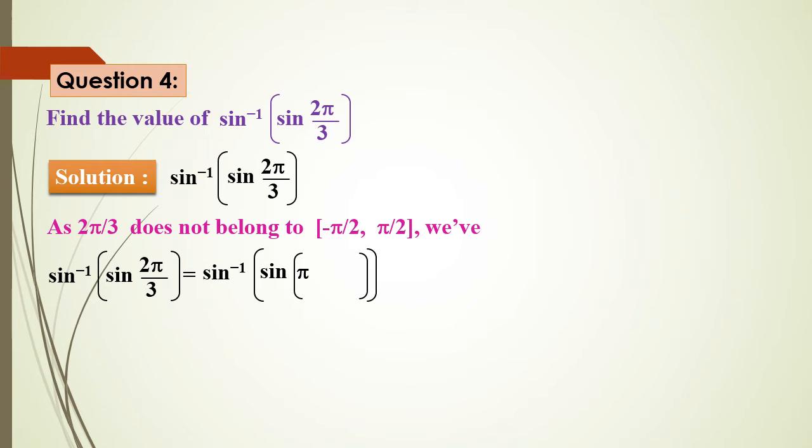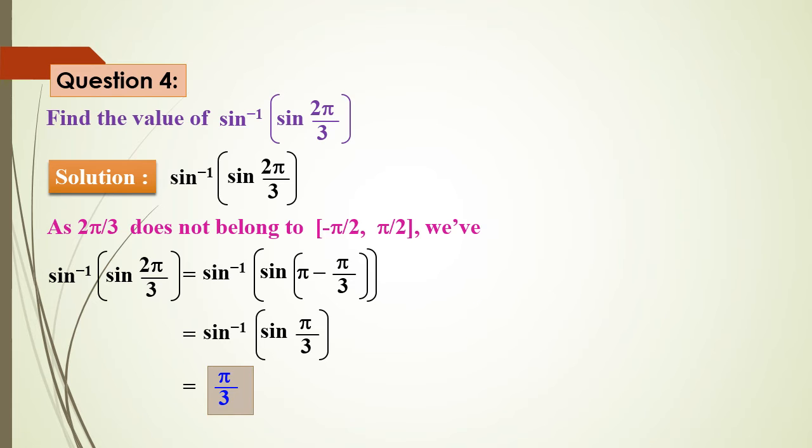Sine inverse of sine 2 pi by 3 can be written as pi minus pi by 3. 3 ones are 3 pi, minus 1 pi, will be how much? 2 pi by 3. When the angle is being split, we should be very careful with plus or minus, because after finding the LCM of the split angles, we should get back the original given angle. So sine inverse of sine of pi minus pi by 3 can be written as sine inverse of sine pi by 3. Now sine inverse and sine are both gone, just pi by 3 will be remaining.